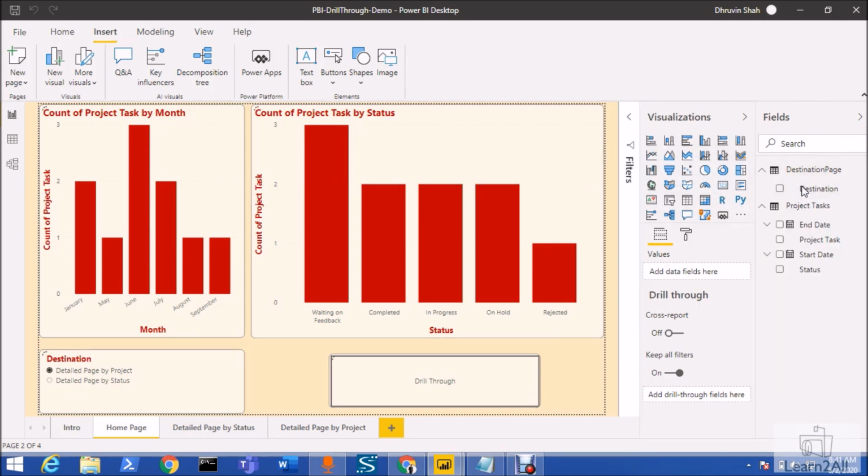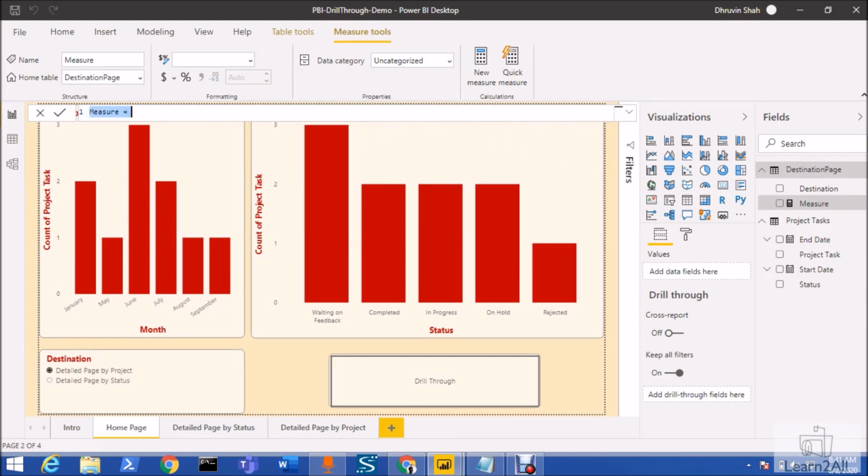What you need to write in the new measure is, let's make one measure for the text like this. Output text for drill through is equal to, if selected value of destination page is equal to detailed page by project, then the button text should be go to detailed page by project, otherwise go to detailed page by status.